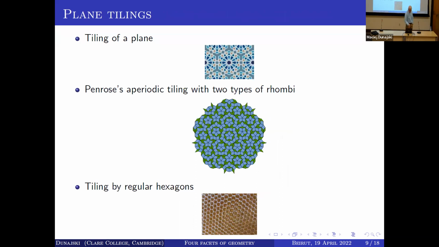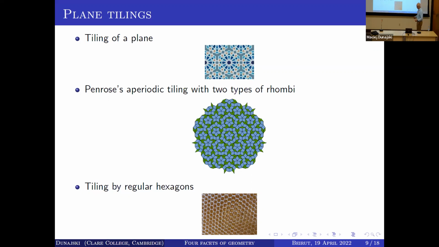Well, let's stay with this hyperbolic geometry and ask in what other ways it differs from Euclidean geometry. So we see that it breaks Euclid's fifth axiom. In what other ways does it differ? And one such way is when you think of tiling of a plane. Right? So tiling of a plane means covering the plane with a number of identical shapes, and we can have